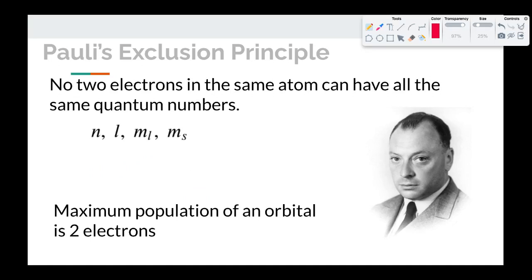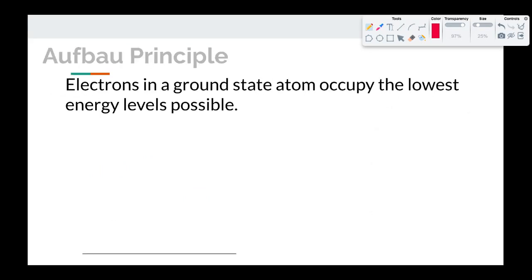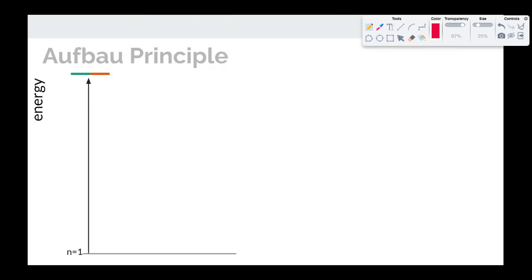All right, now let's get to something practical that we can do with these ideas of orbitals and quantum numbers. There is a principle called the Aufbau principle, which literally means building up in German. The principle states that electrons in the ground state atom, an atom that doesn't have any extra energy exciting it, are going to occupy the lowest energy levels that they possibly can. Now here's a way of interpreting what that means. Imagine that we have a graph where we have energy on the vertical axis, and there really isn't a horizontal axis, there's just different levels.